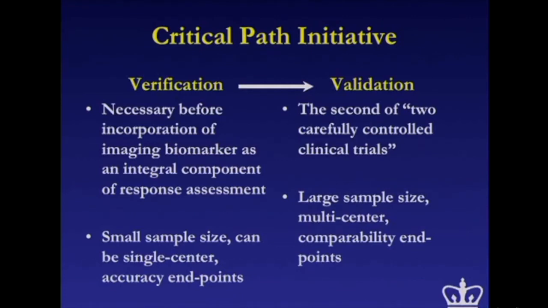So once you've demonstrated that it's of some accuracy, some predetermined accuracy, and I'll give you a specific example as we go along, and that accuracy is acceptable to you, you move it into the broader sphere. Instead of doing it just in one center, in your own little ivory tower, with your own very carefully selected subjects, you move to the broader world, you look at more centers, you look at different ways of doing the imaging, and you see if you can duplicate those results. So that would be your validation trial.